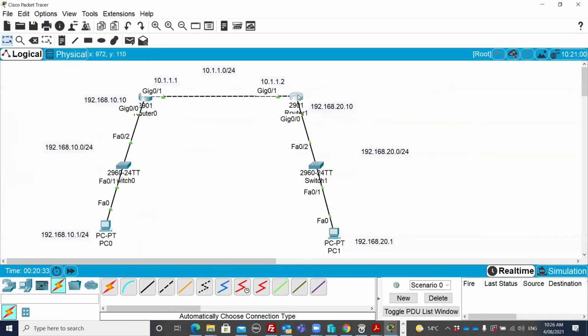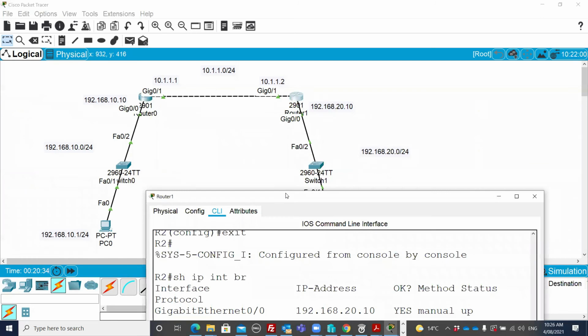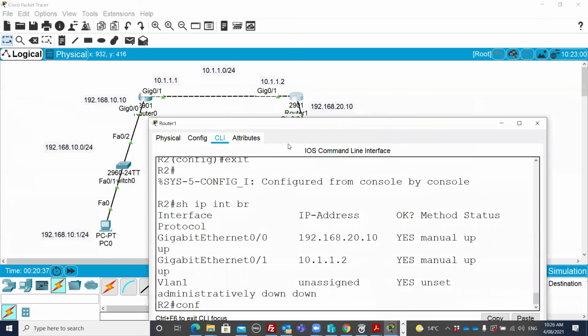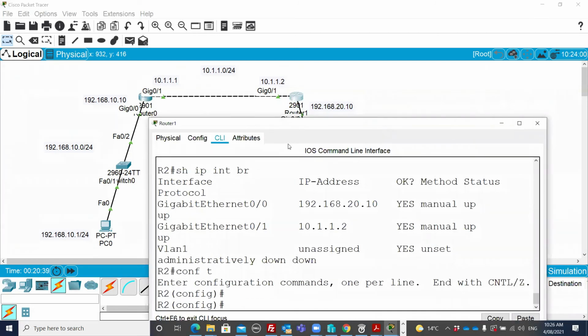Now we go to this router and say config T, IP route, our destination subnet, in this case 192.168.10.0 and mask 255.255.255.0. So this is the destination subnet mask,